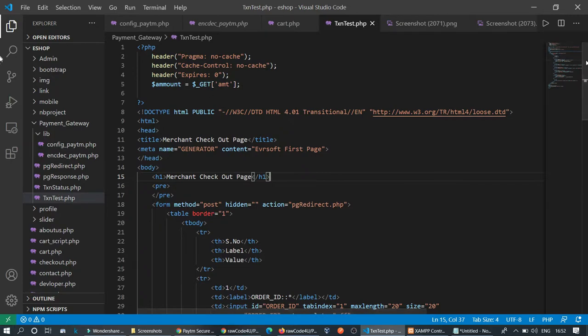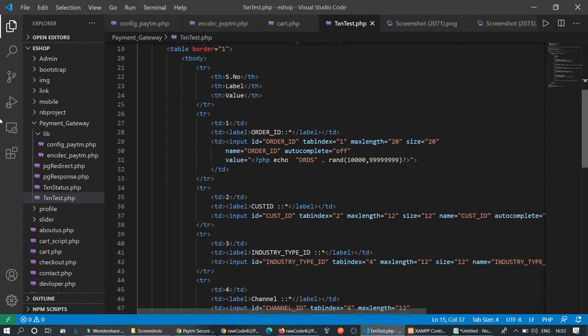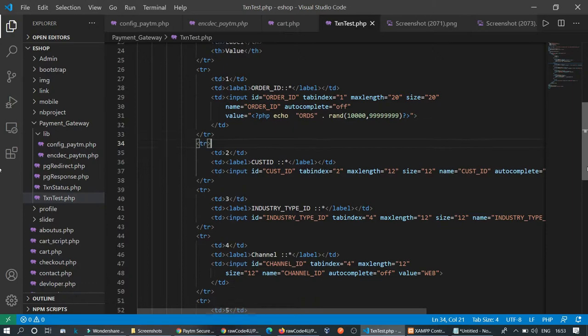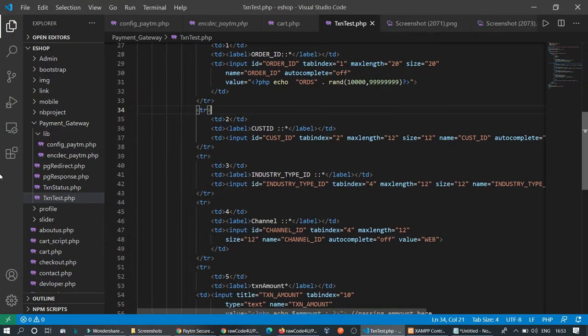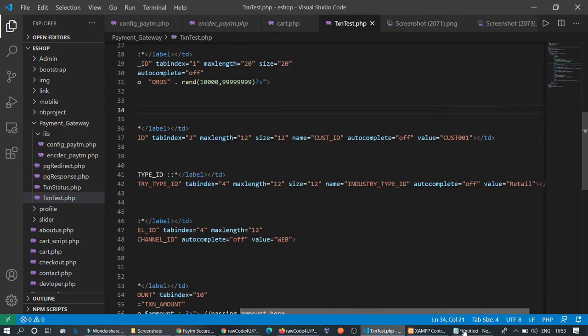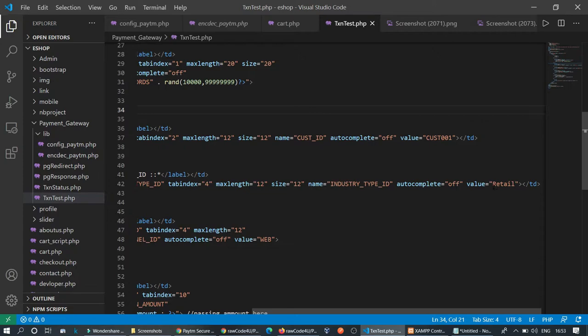Merchant checkout page, basically this page also generates the order ID, which is a random value of 20 digits, and the customer ID details and industry ID type. Basically we use the retail industry ID type, so for retail we write Retail.